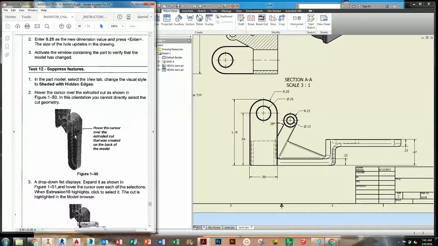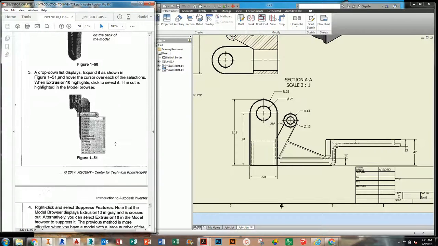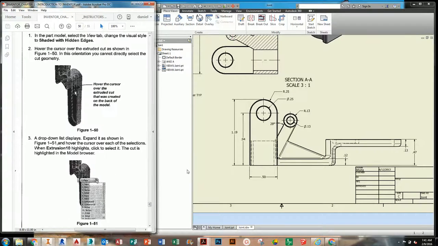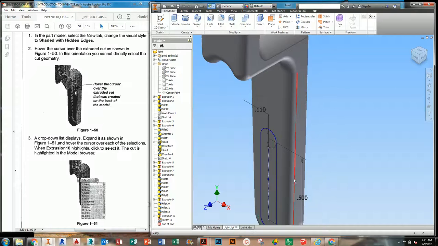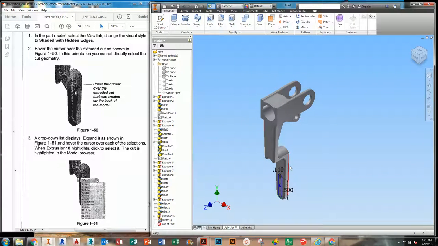That saves you a lot of time by doing that. Now, we want to go back to the part model. We're going to change to shaded edges. And we're going to start selecting through some different faces because we're almost done. So the last little bit to go over, inside a part file, if you hover your cursor over